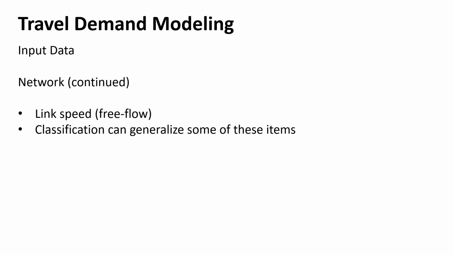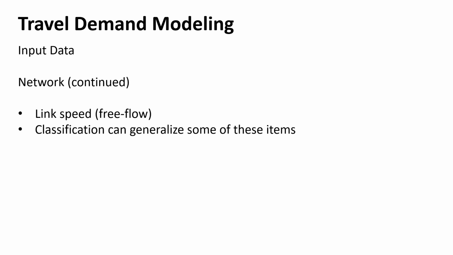Other things we need to know: link speed. So that's our free flow speed. This sounds a lot like those level of service calculations we did before. We need to start off with our free flow speed, and then these computer models load those networks and start adding cars to it. Based on characteristics of that road, how many lanes it has, what its capacity is and so forth, once the computers start adding the cars, there's almost a feedback curve.